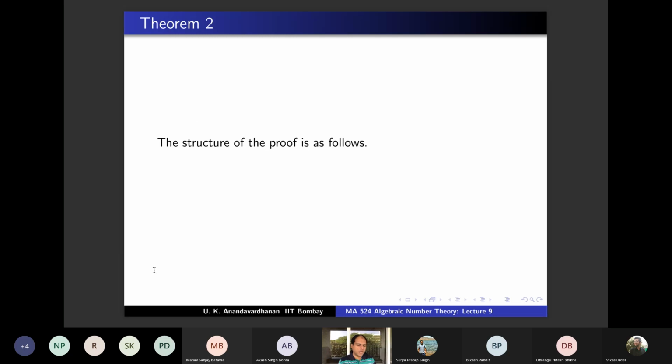The structure of the proof is as follows, and I would like to finish this proof today. The second part is proved first. We are going to show that the non-zero fractional ideals will form a group, and then we will show that every ideal can be written uniquely as a product of prime ideals. So we are going to show first that the second part, non-zero fractional ideals, indeed form a group in 4 steps. Okay, so I'll have slides called step 1, step 2, step 3, step 4, and you will see it's